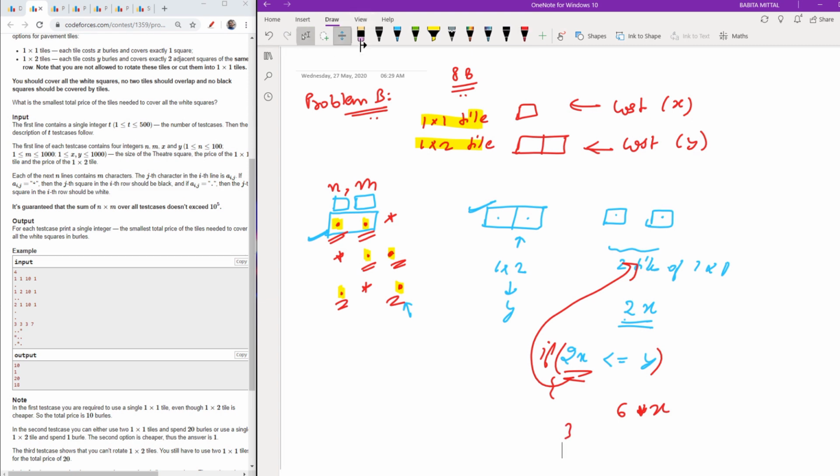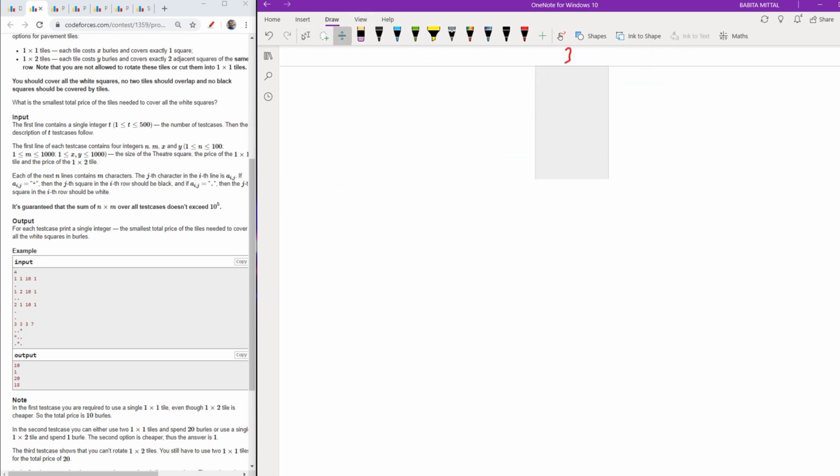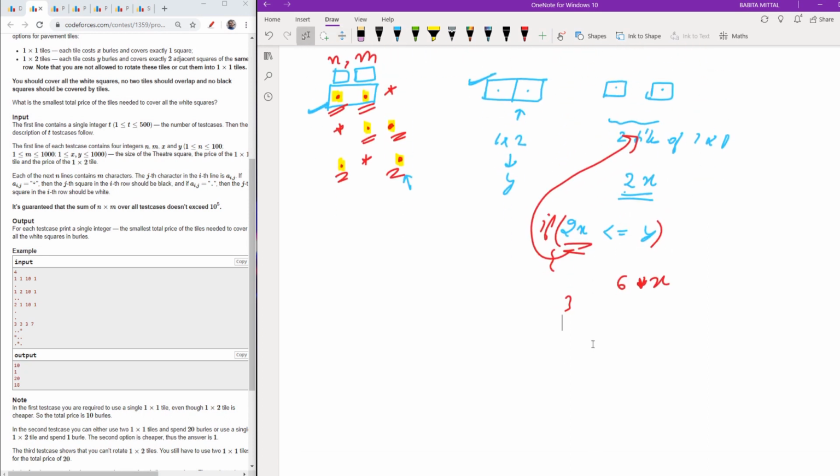Now the next case: when 2 into x is more than y, which means I can place my 1 cross 2 tiles also. If it is possible, then I will iterate like this.